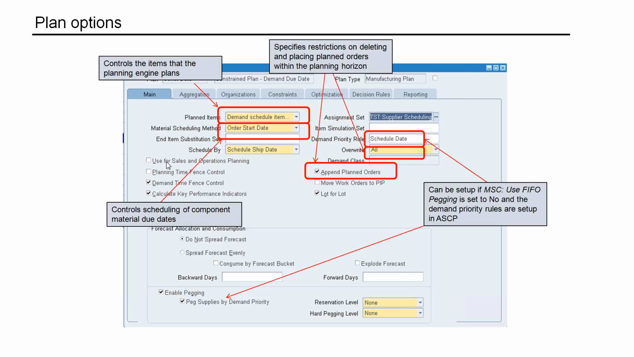Peg supplies by demand. You can peg the supplies to demand. What that means is you can relate what supplies are considered by the system to meet a particular demand. If you check this box, then in the planning workbench the planners can see, okay, I have a demand of say 2000 quantity on 31st of March. So I can drill down that 2000 quantity demand and see what all supplies the ASCP engine has